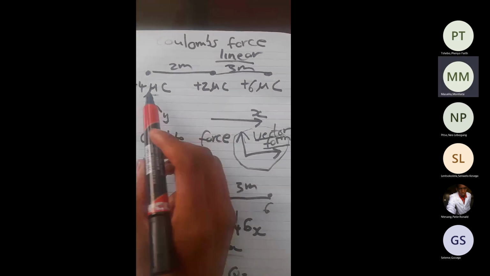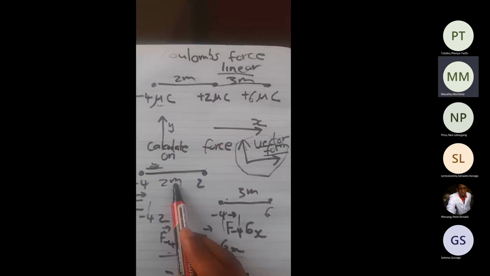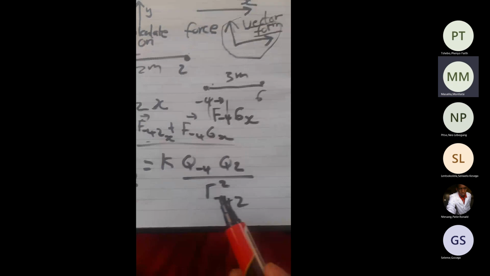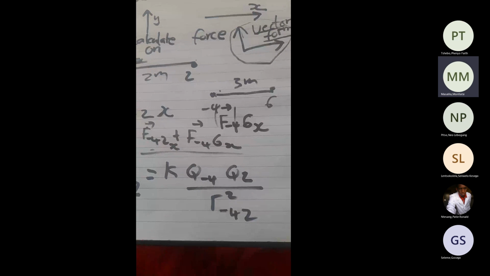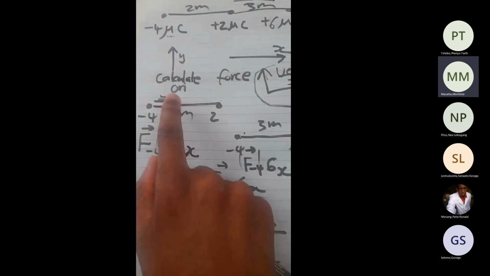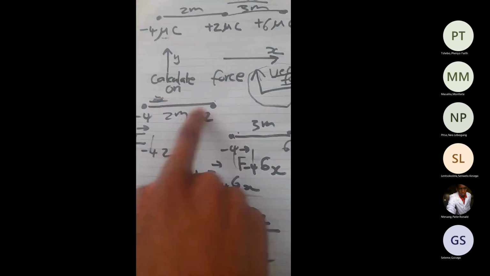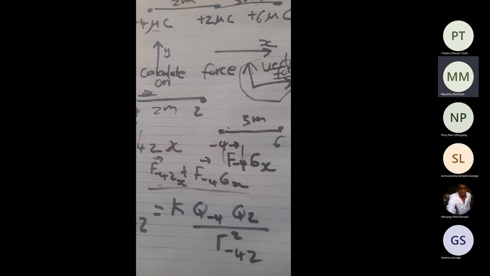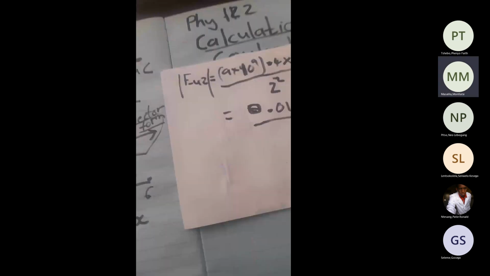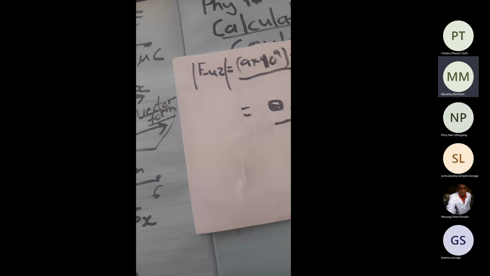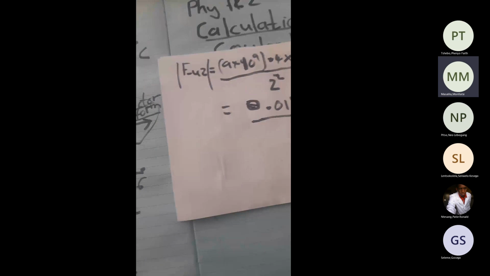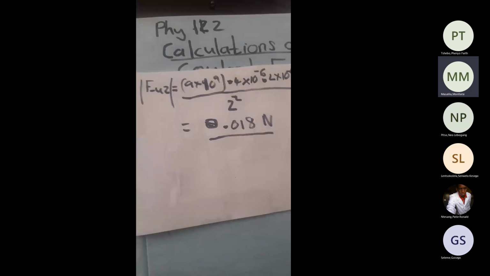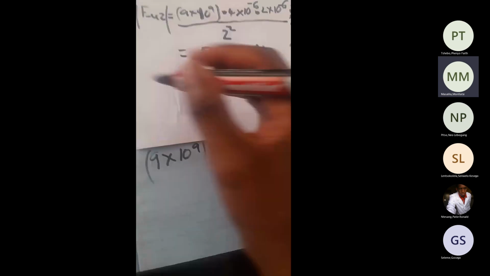So the formula says that you take the distance, which is r, which is 2, and we square it. These 2 meters were given in the question. So we calculated and our answer was 0.018. So we go on and find the force